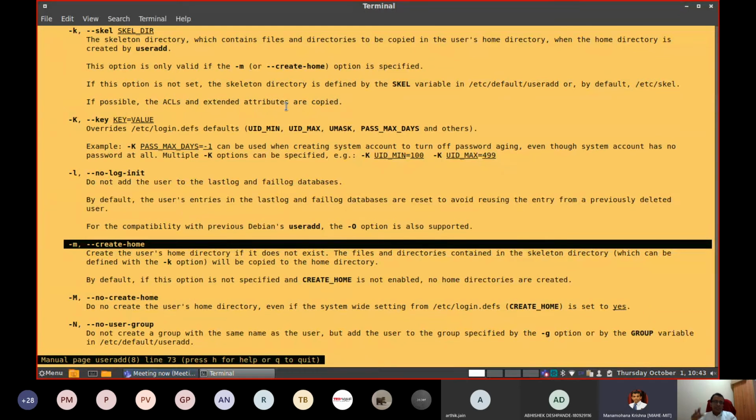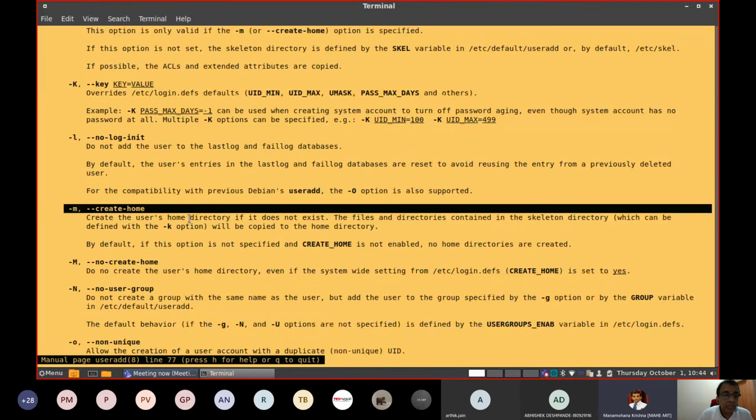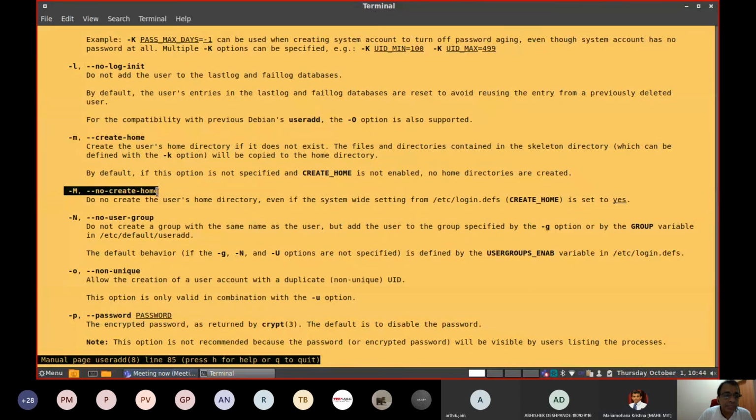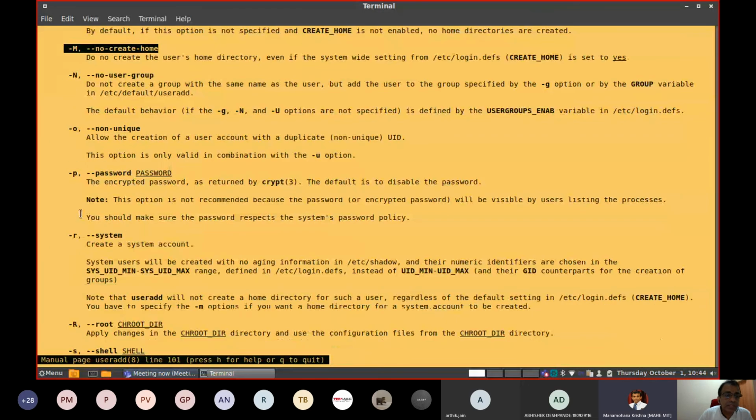In case you don't want to create any user home folder, then you can write capital -M. Okay. So password, if you want to set it along with the command, you can pass -p.